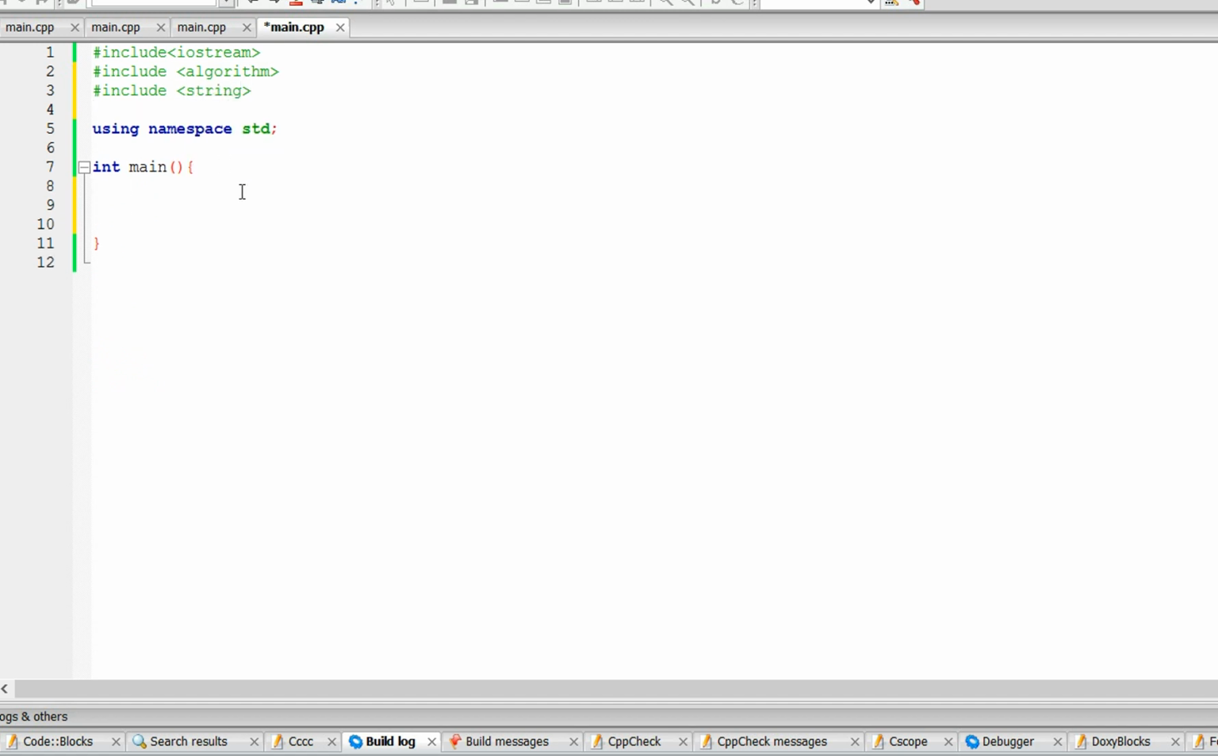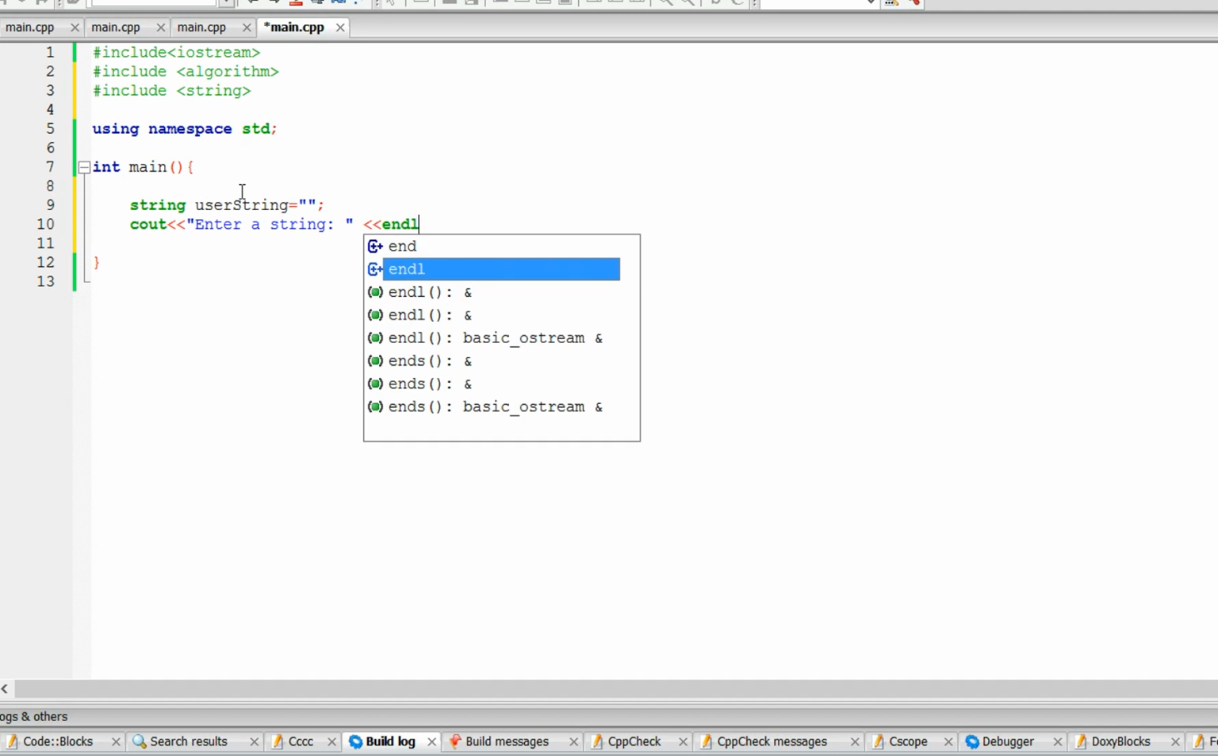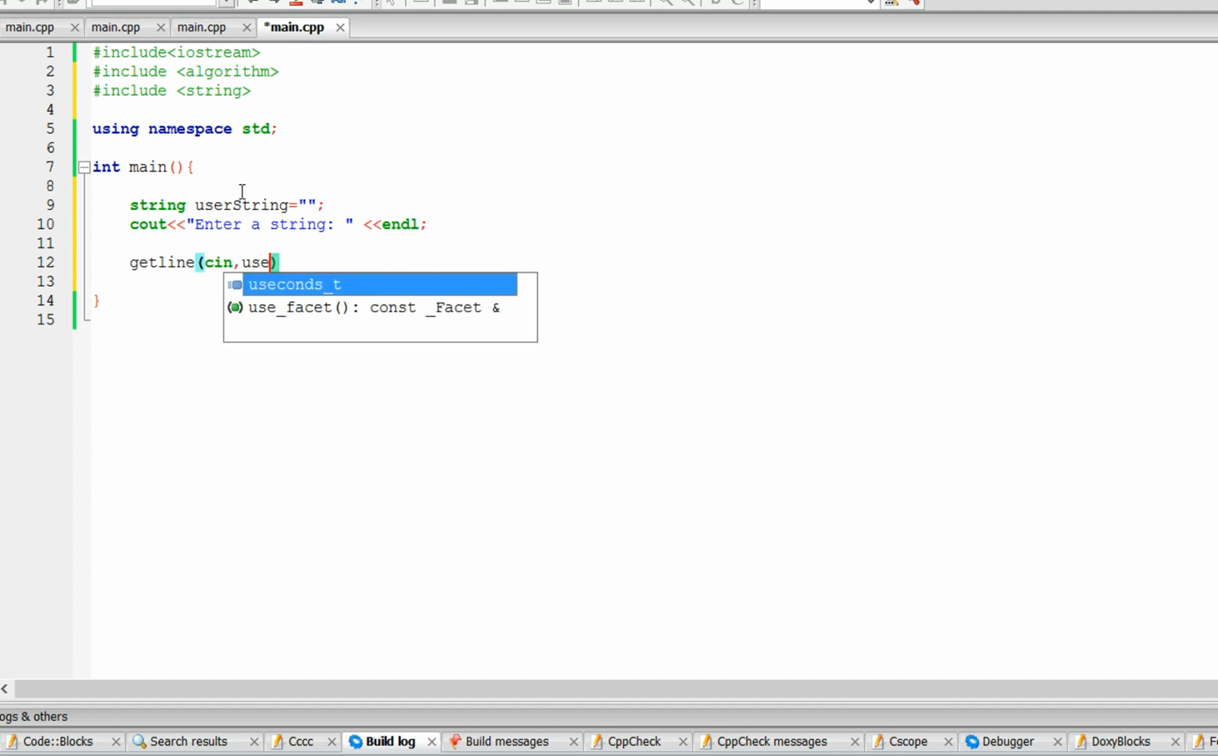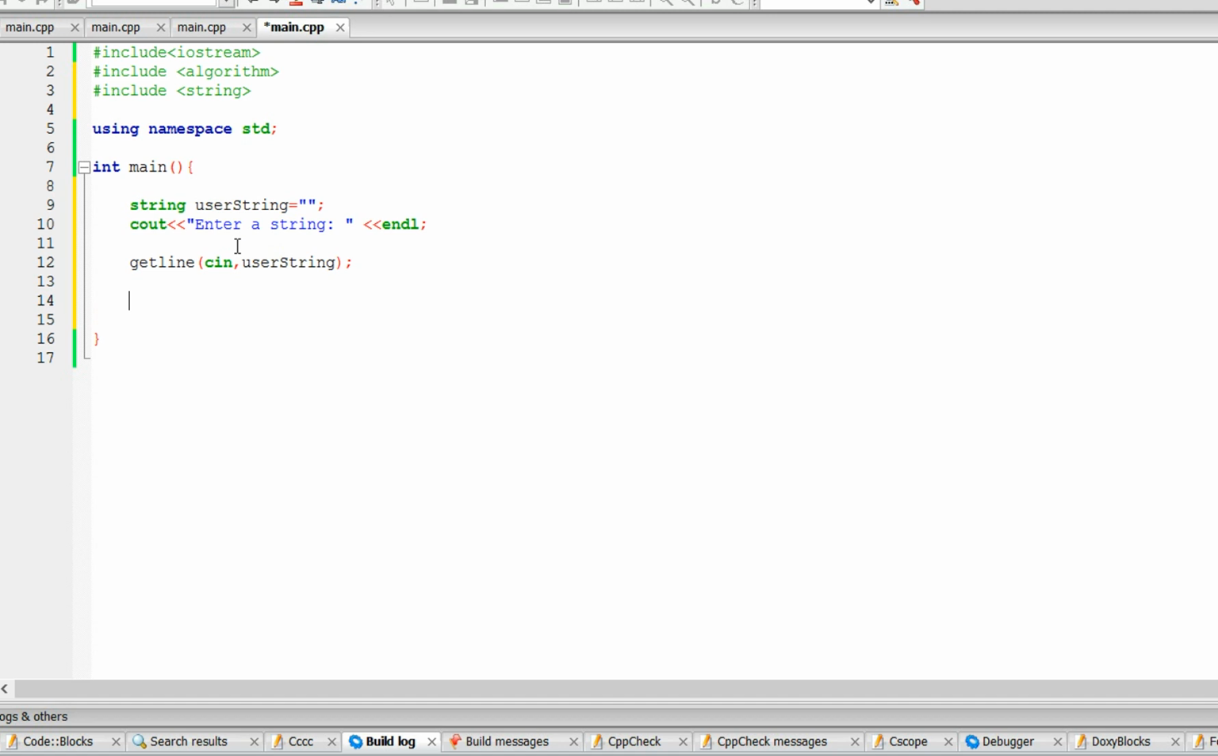Okay, so we're going to need a string. Let's call it user string. Okay, so we're going to tell the user to enter a string. Let's get the line. Okay, so now what we want to do is if the string has any white spaces, we want to erase